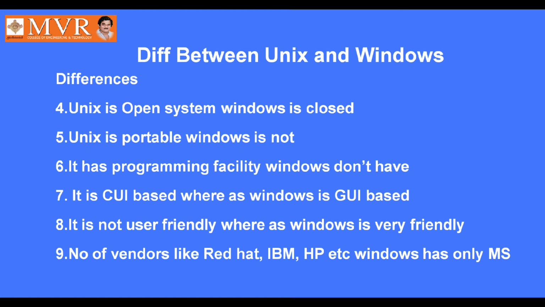And similarly, the last difference is that the number of vendors for Unix is more, like Red Hat Linux, we will call it Red Hat Linux. It is one of the vendors. Similarly, IBM is also a vendor of Unix, and HP is also. There are so many companies which are vendors of Unix, whereas Windows has only one vendor, who is none other than Microsoft. So only Microsoft is the vendor of Windows, whereas Unix has several vendors. So these are the topics which we have covered